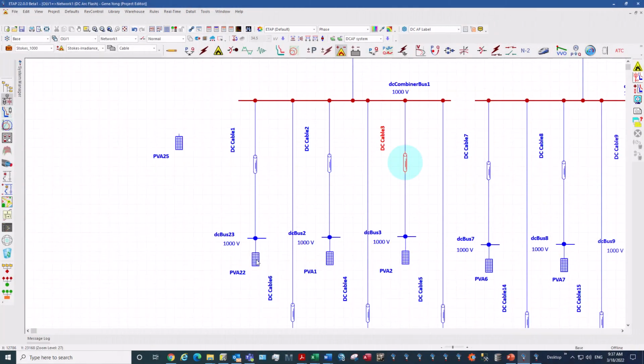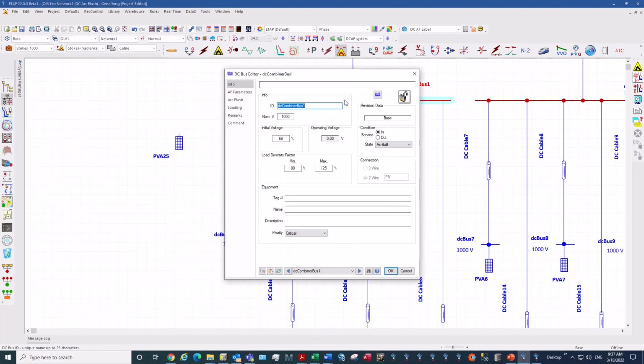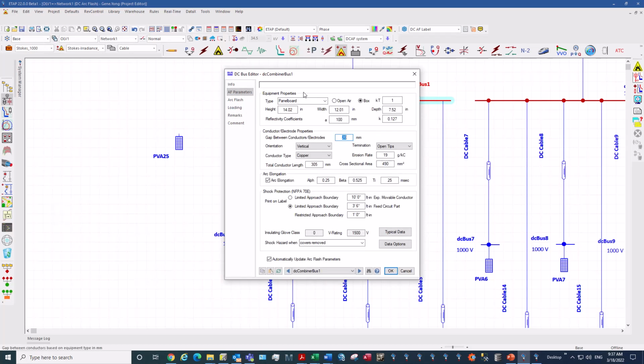Now that we have the PV array model and the irradiances set up in the PV array, the next thing I'd like to cover is how to input the data for the bus fault locations. So for example, in this combiner box, you can go to the AF parameters tab, and this is where you would input all of your dimensions of the box,